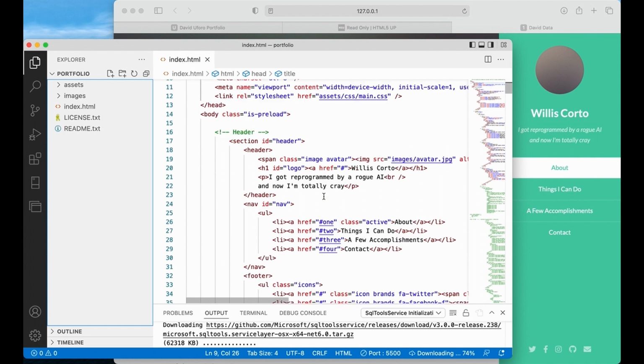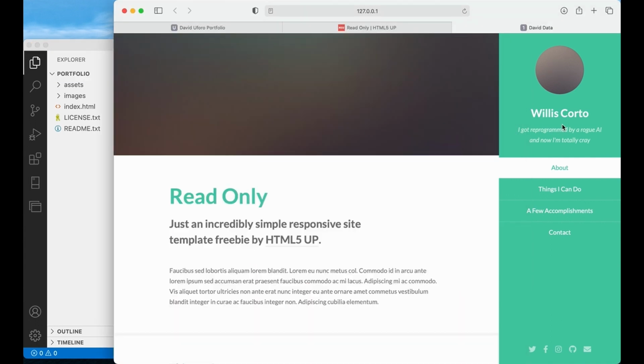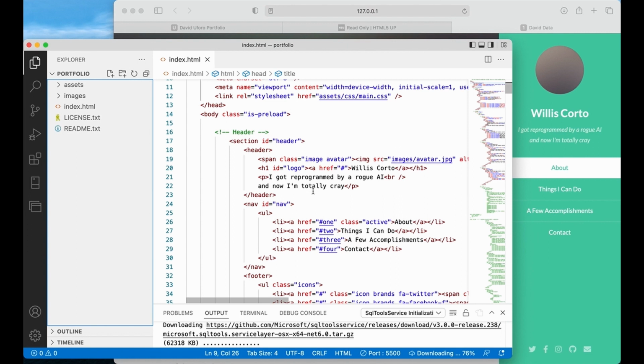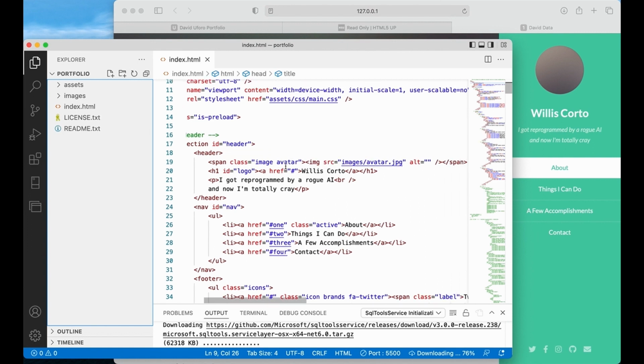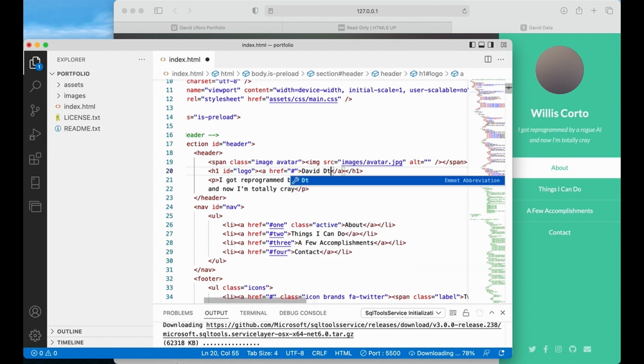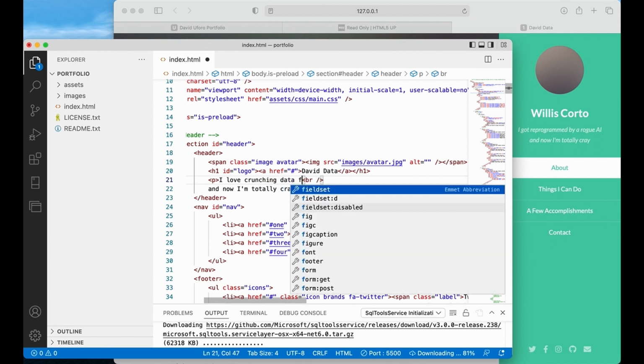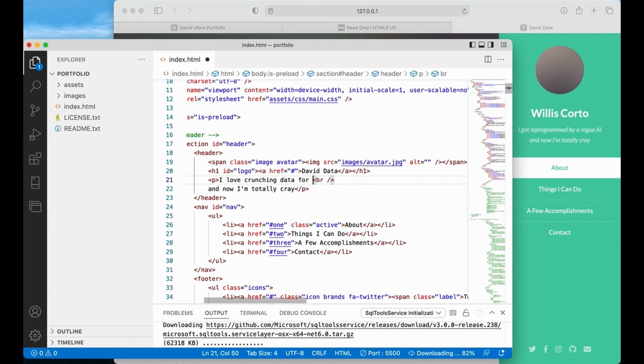Cool. So the other text says Willis Cotto. I want David data there, so I come down to the header tag. I can say Willis Cotto here, I change this to David data, and then there's this about section. It says I got reprogrammed by rogue AI, and I can put I love crunching data for lunch,